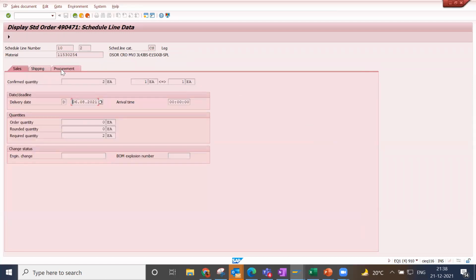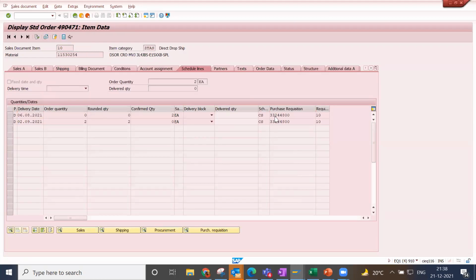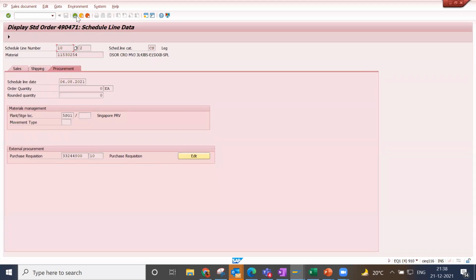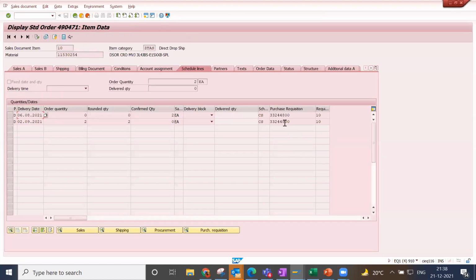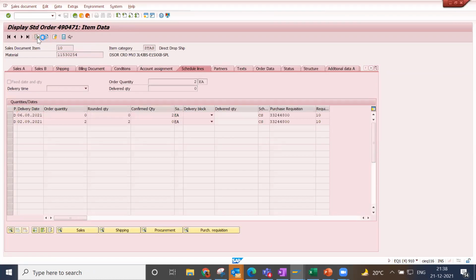If you go to PO here, let me go to document flow, so you can understand. So here you can see the sale order is created, and I showed you the purchase requisition in the schedule line tab in the sale order.